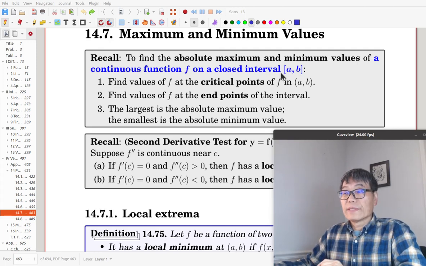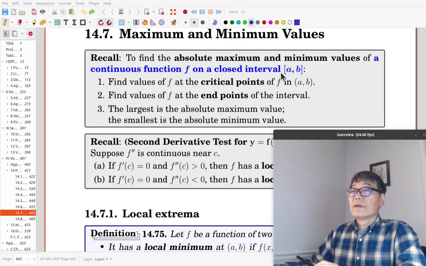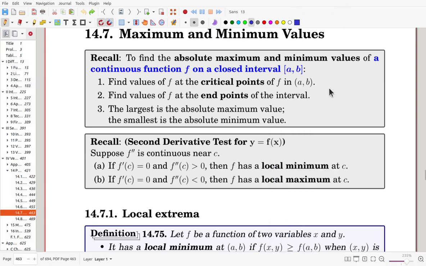It is section 14.7, maximum and minimum values. In Calculus 1, you learned how to get those values for functions of a single variable. Let's recall. To find the absolute maximum and minimum values of a continuous function f defined on a